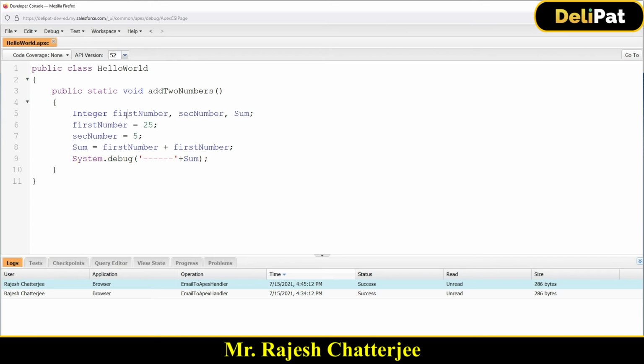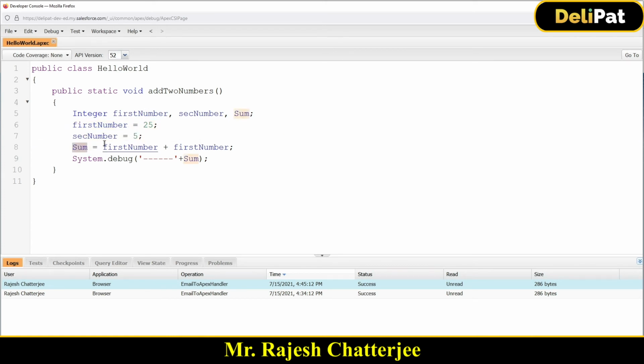Next thing we are going to learn is how to call this particular method. Now I cannot call this method from lead creation or lead deletion, right? That we will learn later. But now we will see how manually you as a developer can execute this method. So we will go and manually execute this method. Immediately once we execute this method, what will happen? This variable will be initialized with 25 and 5.